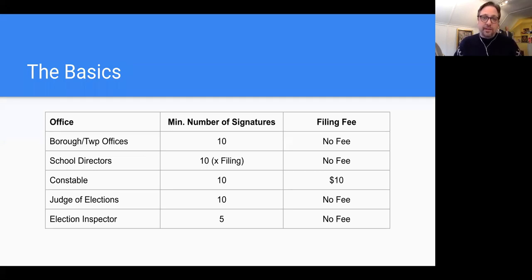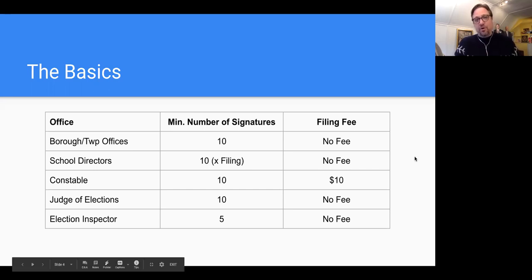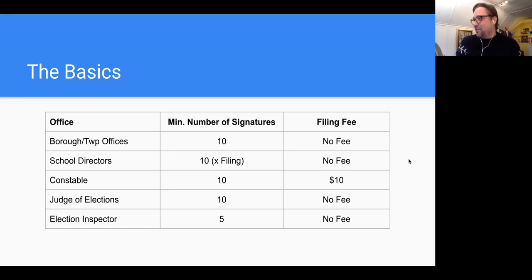And so it creates a great opportunity for folks to begin to get their name on the ballot in their local precinct, and perhaps to think about running for something else down the road. But again, this is a critical job that I think often goes overlooked. Any questions so far about the positions on the ballot?